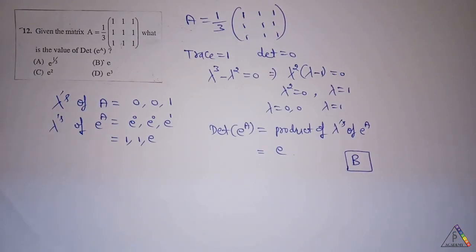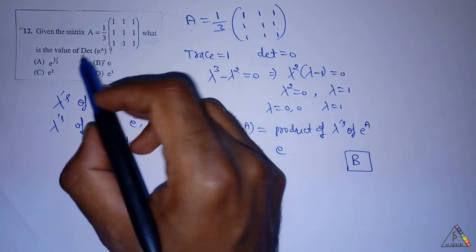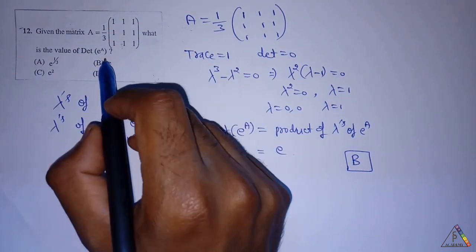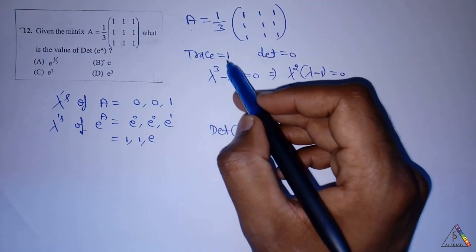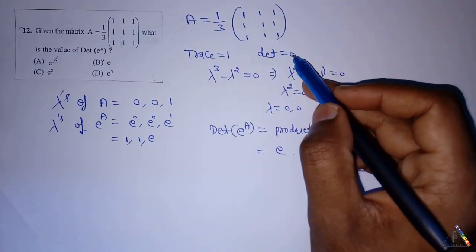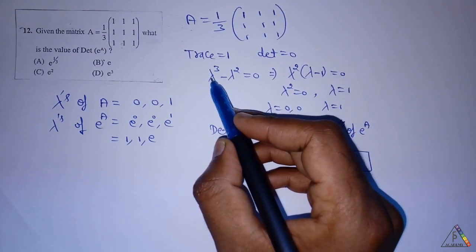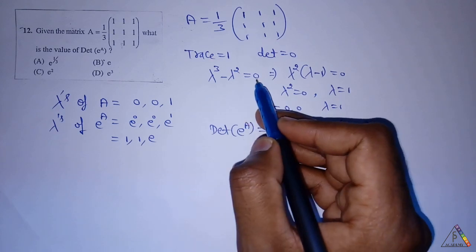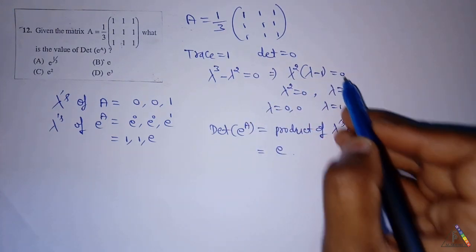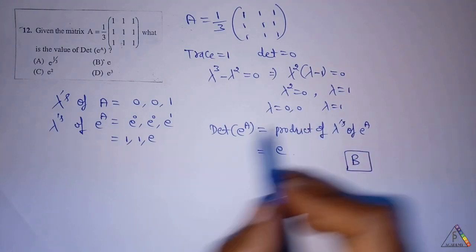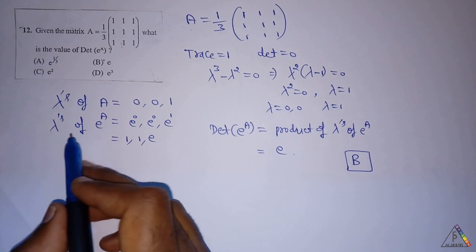Next question is, given the matrix A equals this, what is the value of the determinant of e power A? We know the trace of the A matrix is 1 and the determinant of this A matrix is 0. To find the eigenvalues, the eigenvalue equation is lambda cube minus lambda square equals 0. That is lambda square into lambda minus 1 equals 0. By simplifying, we get the lambdas of A as 0, 0, 1, and therefore the lambdas of e power A